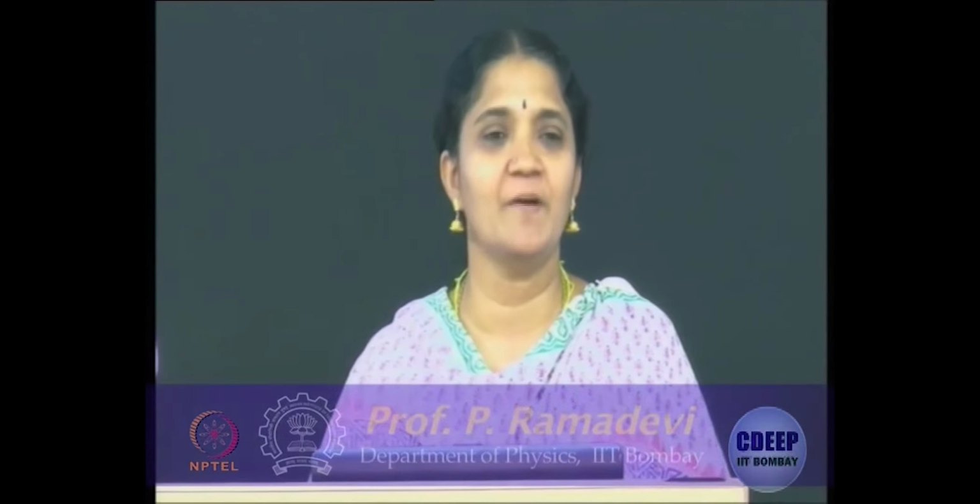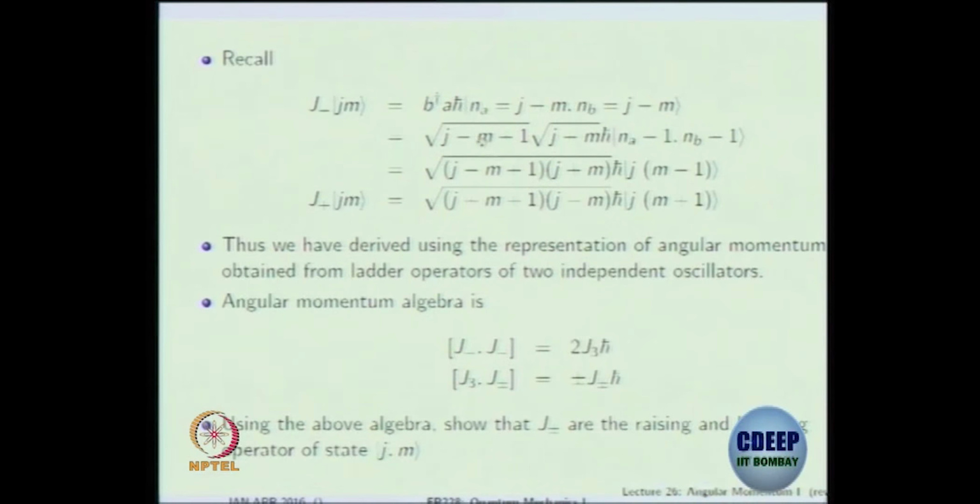I want you to do it just looking at this algebra without using the Schwinger method of two independent oscillators. That was a representation or a dress for this algebra, and we derived these top two. But can we derive these two by just looking only at this algebra without giving a representation or dress in this fashion? By dress or representation, I mean we wrote J minus in terms of the ladder operators of the harmonic oscillator. Now we don't give anything, but we just look at this algebra alone, and can you fix that? You get J minus is this and J plus raises it by 1 unit with this explicit coefficient. I leave it to you to try it out yourself, and we will discuss.